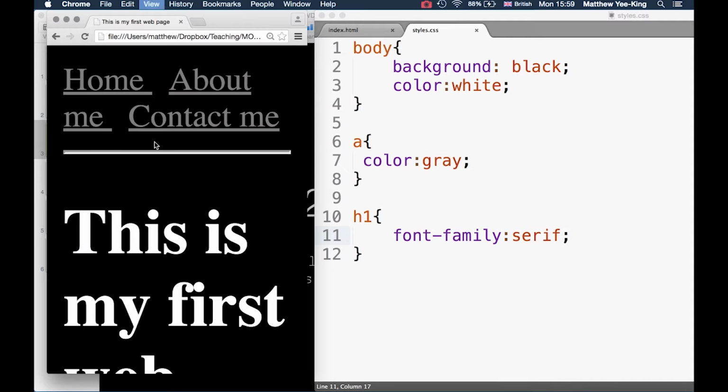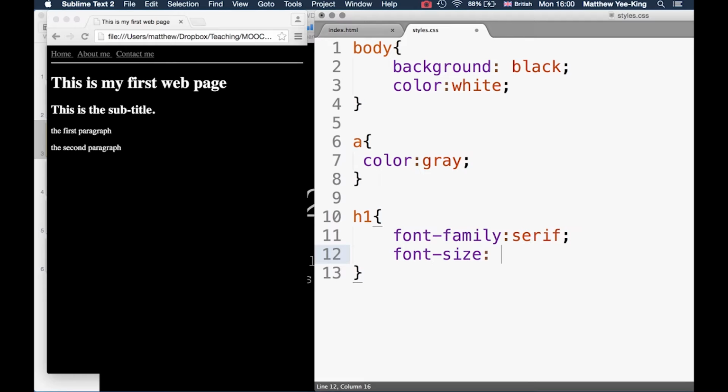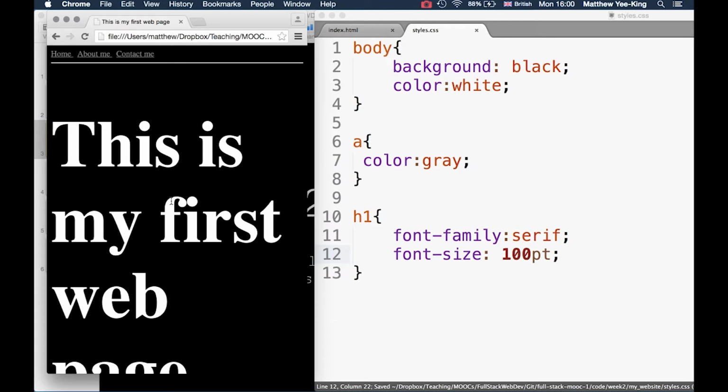Okay, well, if we zoom right in, in fact we don't need to zoom right in anymore. We can just use the font size CSS and set it to some great big font size like that. Okay, perfect. So I've set the font size to 100 point just so we can really see what serif means. Now have a look at that S there. You can see it's not just a nice smooth line, it's actually got some extra bits on it. If you look at the end of the S there, it widens out into a little piece. And if we turn that back to sans serif again,